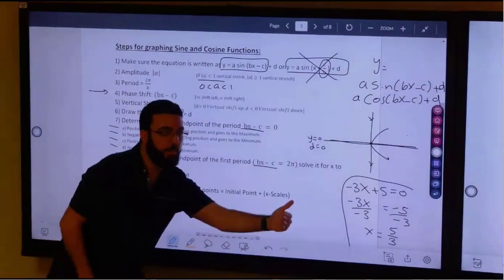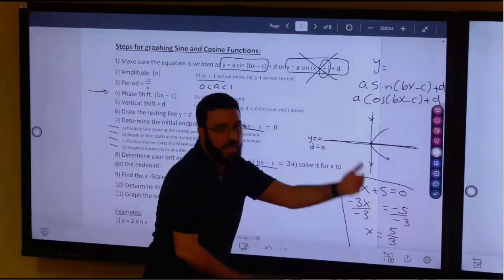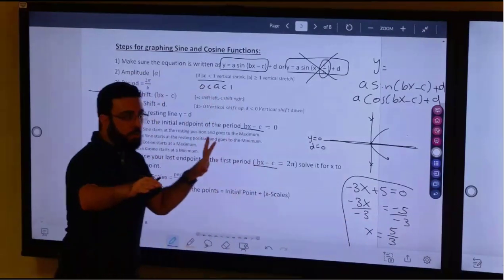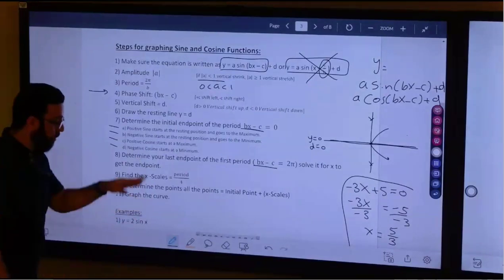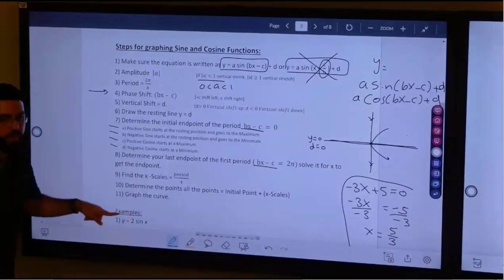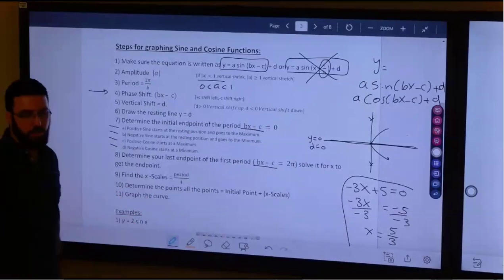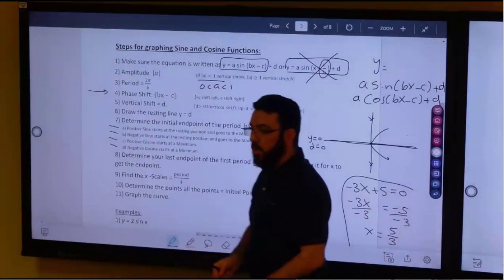Then I'm going to get the second point and add the x scale to get the third point. You got it? We're going to do these steps with an example, so you know what I'm doing, step by step. Then the last step, you're going to graph the graph. Is it always 4? It's always 4, because the period is